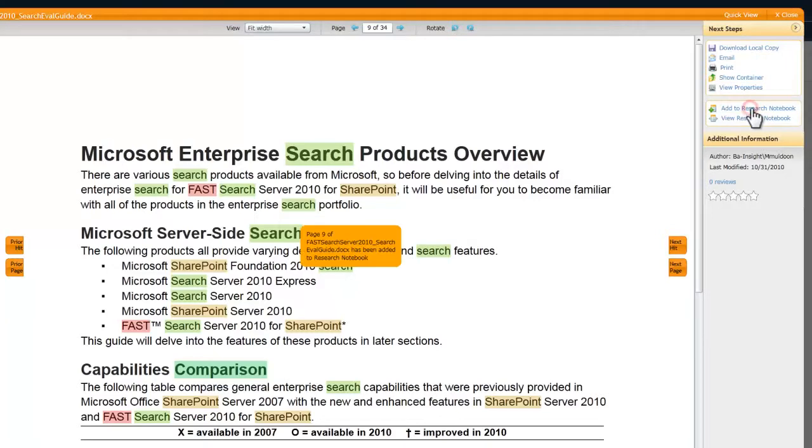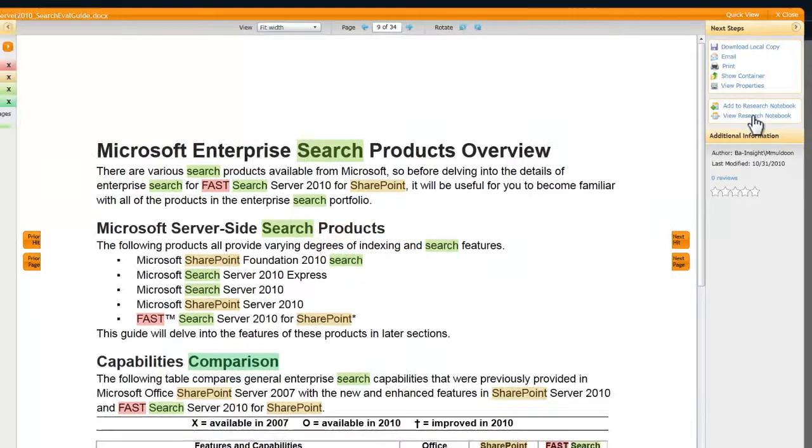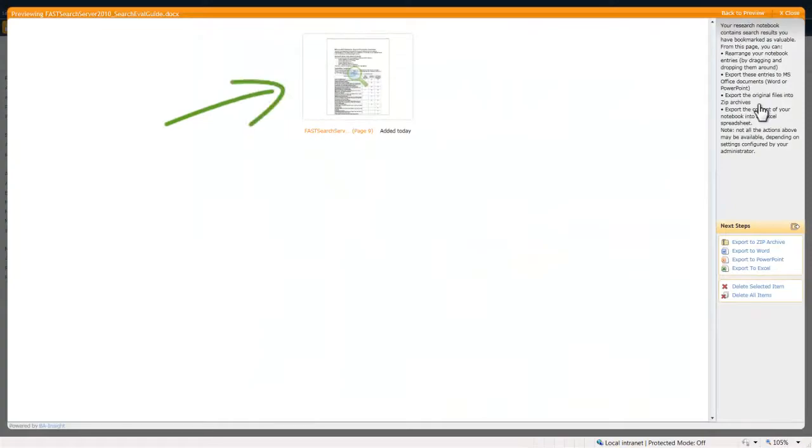So clicking on Add to Research Notebook, I'll now click View Research Notebook and you'll see that that particular page has indeed been added. I'm also interested in learning about people search. Are there any sections or portions of this document that concern itself with that topic? So I go back to the preview